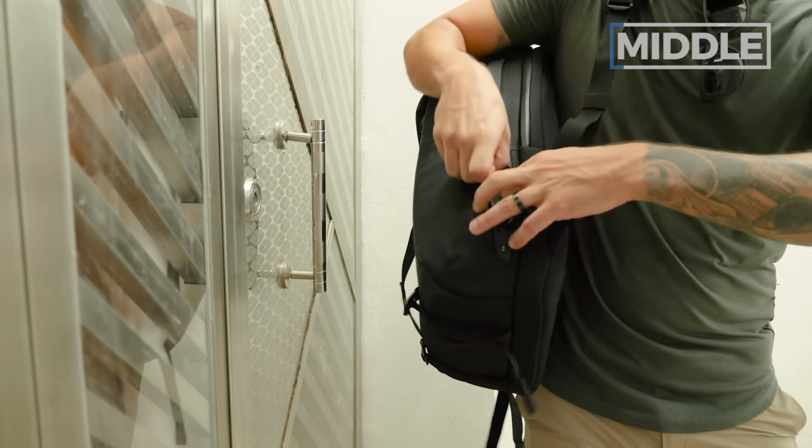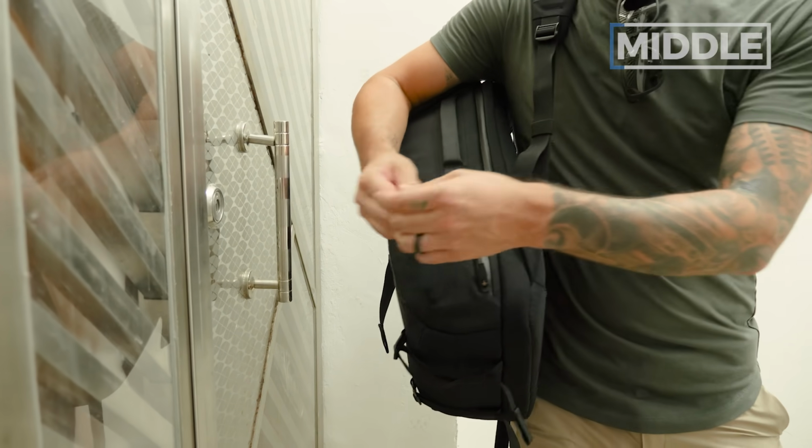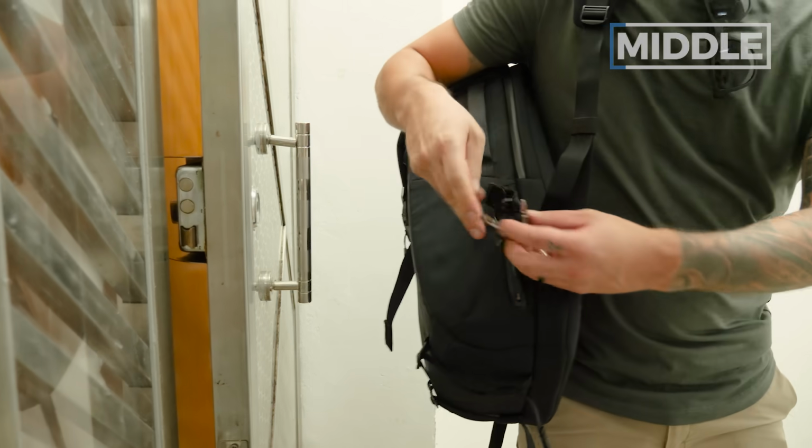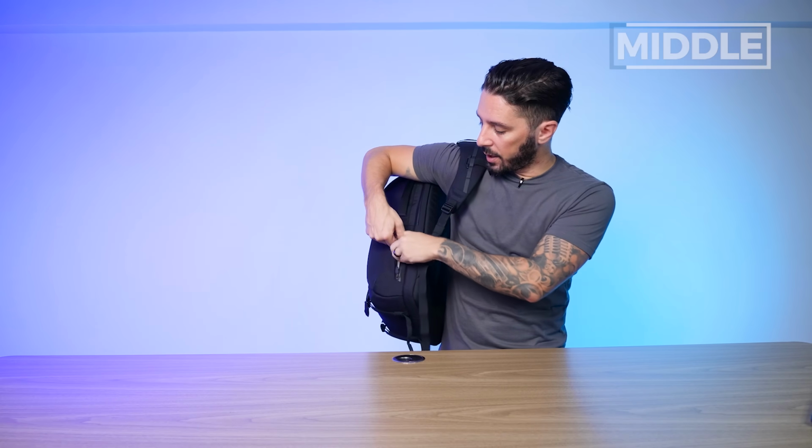So when you're coming home, you just took a 3-day vacation through Tokyo, getting some work done, you're a little jet lagged. You wanna get into your apartment, you don't wanna have to go into this main compartment to dig your keys out. You just know your keys are always right frickin' here. And the magnetic closure allows you to take your keys off nice and easily, unlock your door, and to put it back, and the PU coating zip just makes sure that your keys stay away from water, which is nice